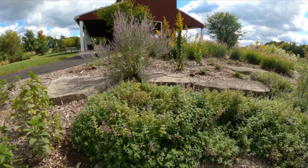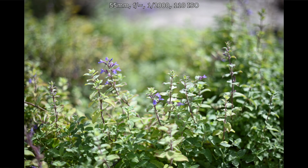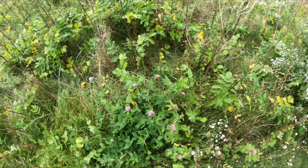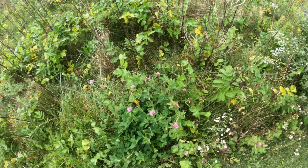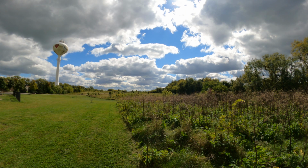55mm is a pretty nice focal length for full frame cameras in my opinion, so it works out well for nature photography, portraits, whatever you want to do. And considering you can get critical focus with zooming in on the camera, it actually works well for pretty much